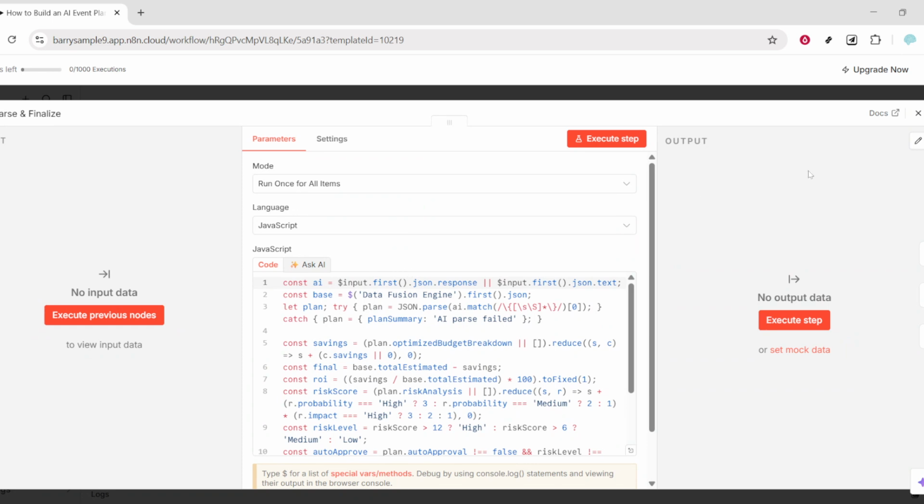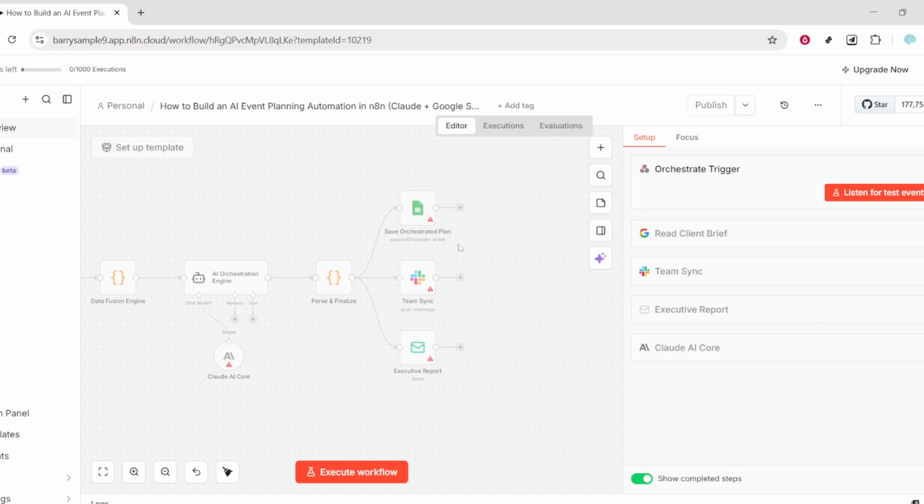The Claude AI core connects to the Claude 3.5 Sonnet model for reasoning, planning, and optimization, and it works hand-in-hand with the AI agent. The agent sends a structured prompt containing client info, budgets, costs, and vendor options. In return, it receives a comprehensive plan, a summary, an optimized timeline, budget recommendations, a task list, vendor suggestions, risk